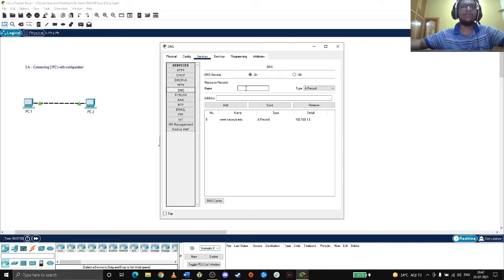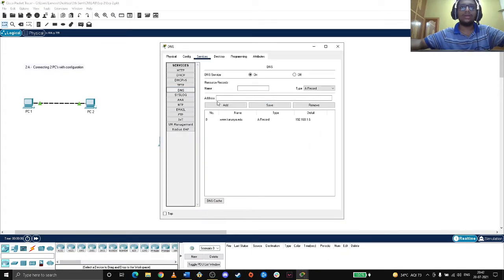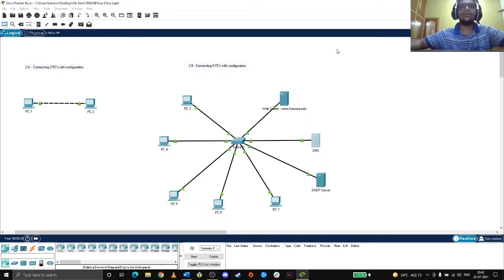The name is of our HTTP server, www.karunya.edu, and the address of the HTTP server is 192.168.1.6, because that's the address I've given over here. When I add this, it will add www.karunya.edu as an A record for 192.168.1.6. So basically now the HTTP server, DNS server and DHCP server are connected.